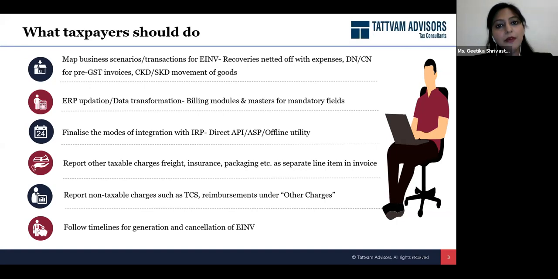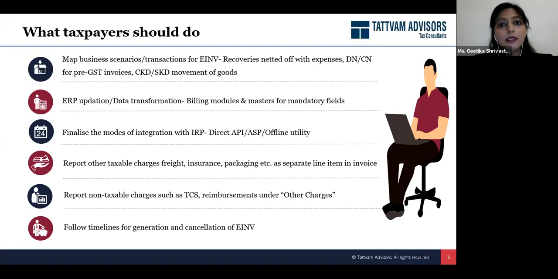So the next step, after mapping all your transactions, is that every business should ensure that whatever the mandatory fields which are required under the e-invoice schema, the data points are available in the ERP system. We have seen there are very practical situations where the companies are not able to update their ERPs because there could be some cost implications, or let's say the ERP team is sitting across the globe and getting all the updations done on a real time basis or maybe near real time basis. It's very difficult. There are various other practical challenges.